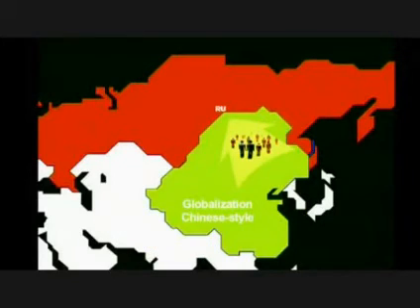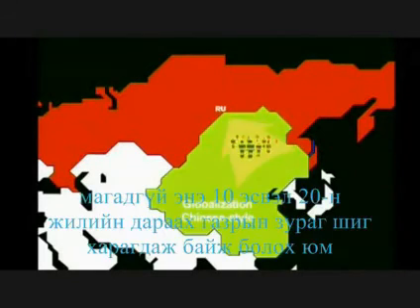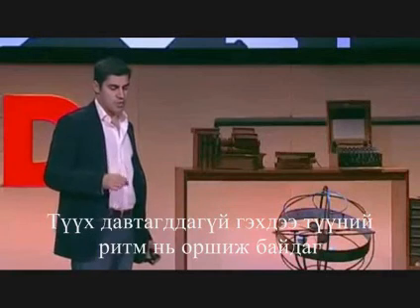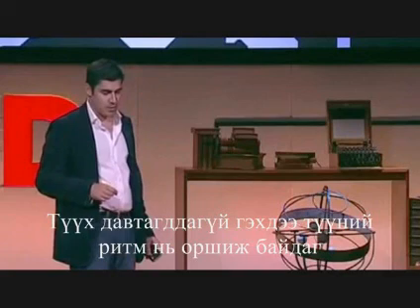Now, maybe this is what the map of the region might look like in 10 to 20 years. But hold on. This map is 700 years old. This is the map of the Yuan dynasty, led by Kublai Khan, the grandson of Genghis Khan. So history doesn't necessarily repeat itself, but it does rhyme. This is just to give you a taste